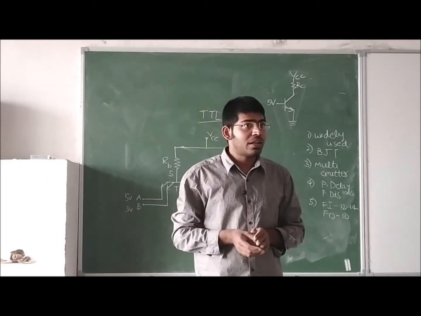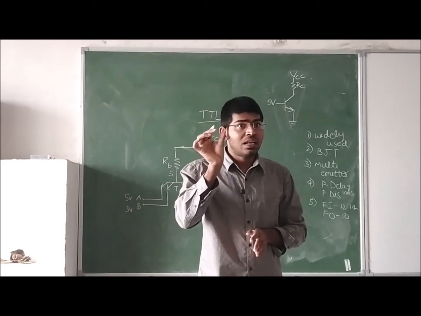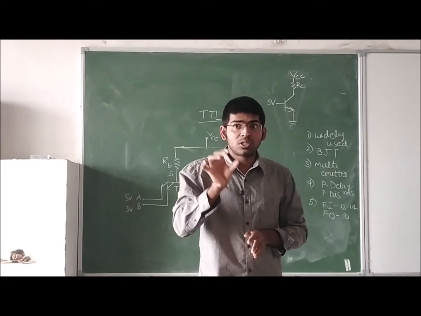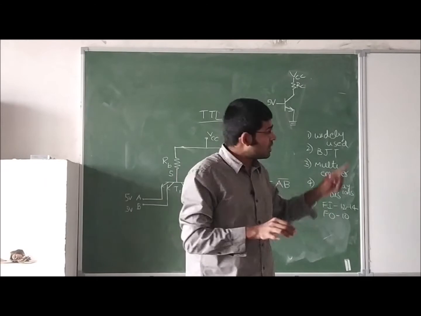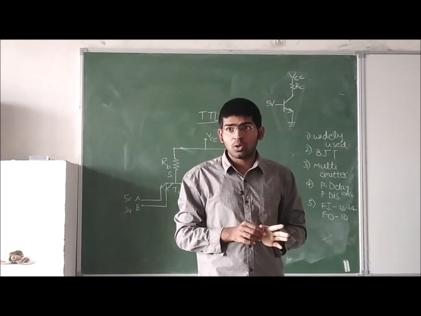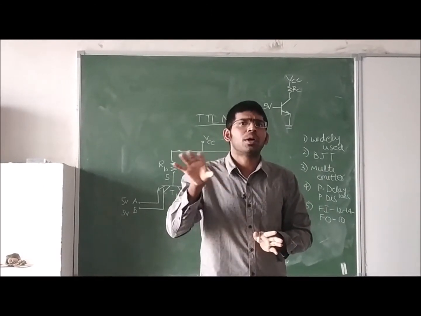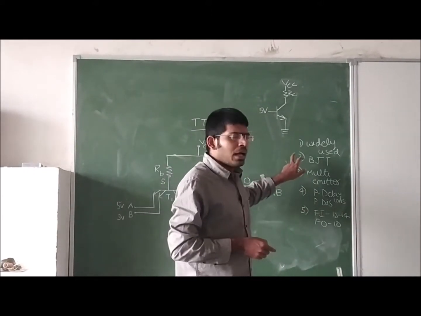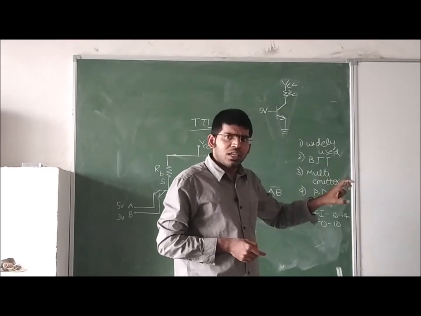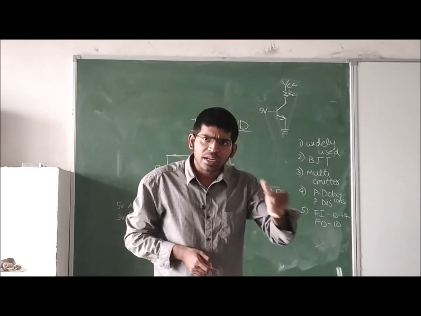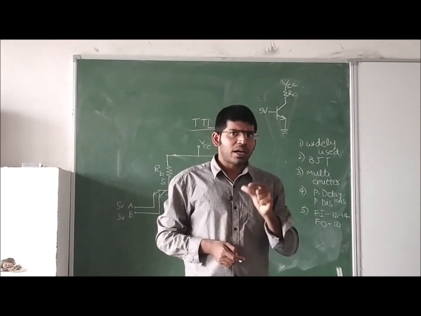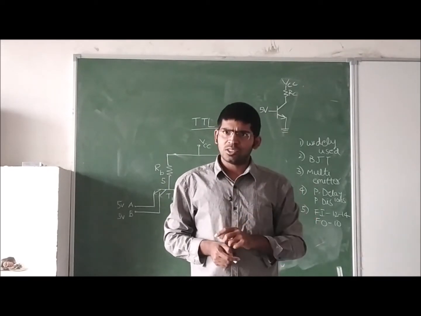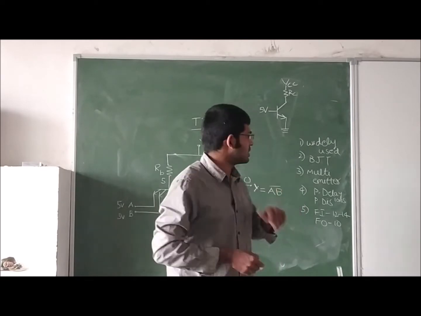Whenever we go to the laboratory for any IC, AND gate, OR gate, XOR gate, NAND gate or NOR gate, if you search, the ICs are made with this TTL technology. It is most widely used for our laboratory purposes. In this TTL technology, we are using bipolar junction transistor. So the current is due to majority carriers and minority carriers. That's why it is a bipolar device.